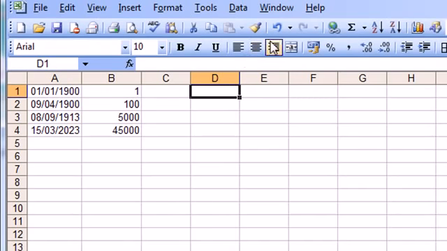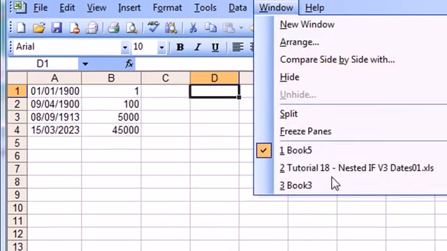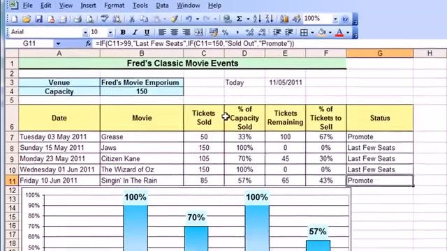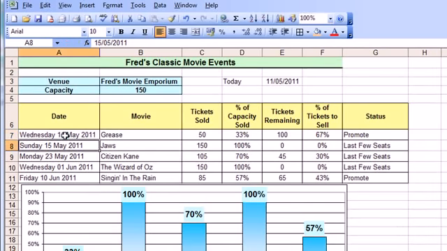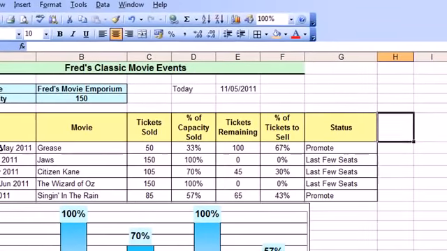So we will go back to our earlier spreadsheet. Fred's running a little cinema business, and you saw in the previous video I formatted the dates down here, so I've already got some dates on. Now I'm just going to modify this first date here, so it's actually today's date. So I'm going to simply do Control and semicolon, press enter. So that's got today's date, and I'm going to come across to H6 and add a new label in, and